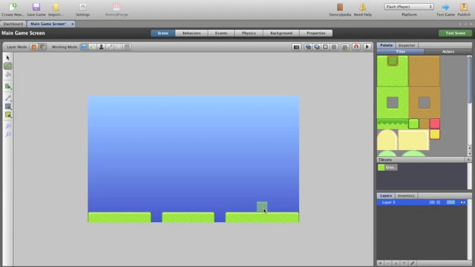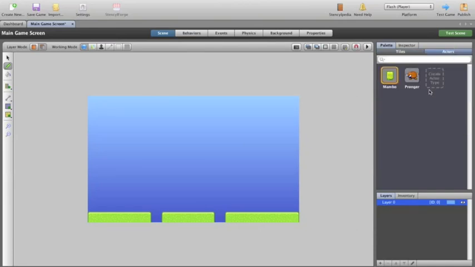So what I've done is I've created a basic scene. We've got some grass, we've got a couple of pits, so Mambo's got to watch out where he jumps. Now you'll see here that there are two sections: there's tiles and actors. So if I go to actors and click on it, it brings up our two actors